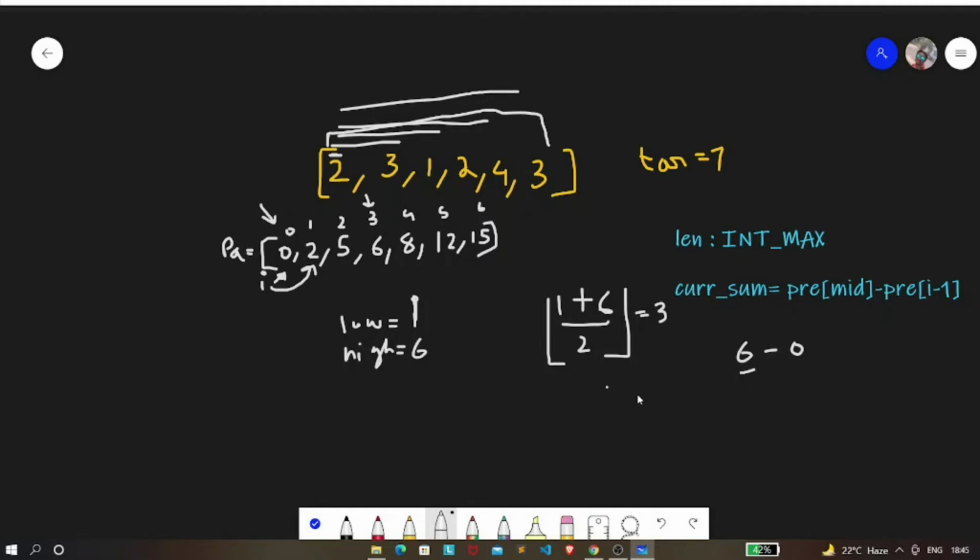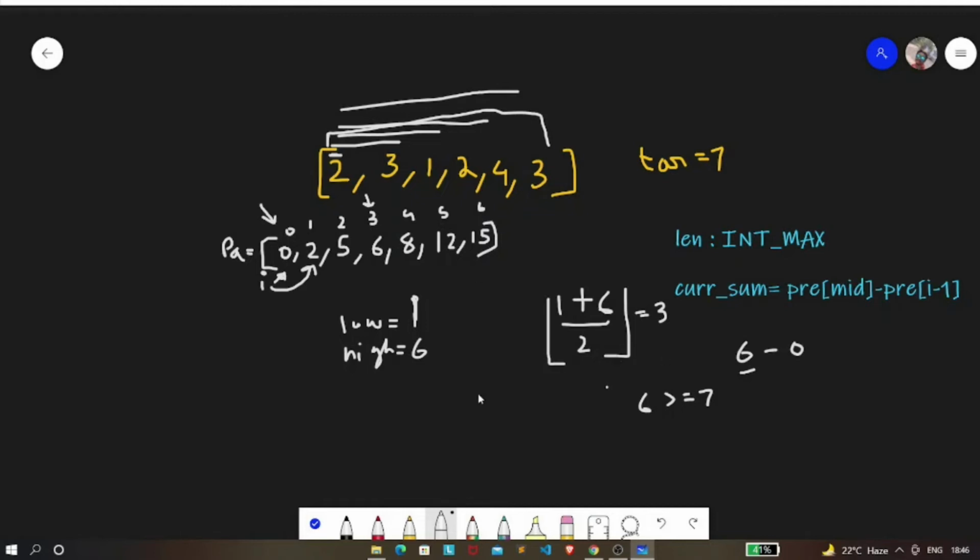Now once we find the current sum, we're going to check whether this current sum is greater than or equal to 7. Now we know that 6 is not greater than or equal to 7, so it doesn't make sense to go in this way. To lower the array size, we need to make the size of the subarray higher, then only there is a possibility of getting a sum which is greater than or equal to 7.